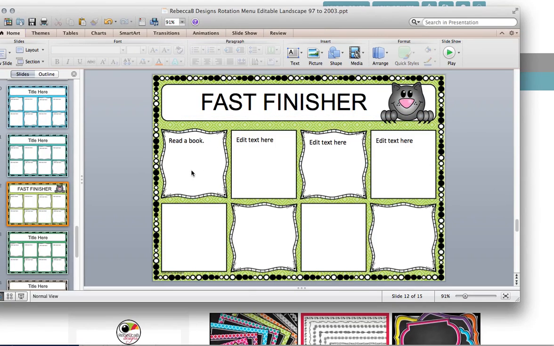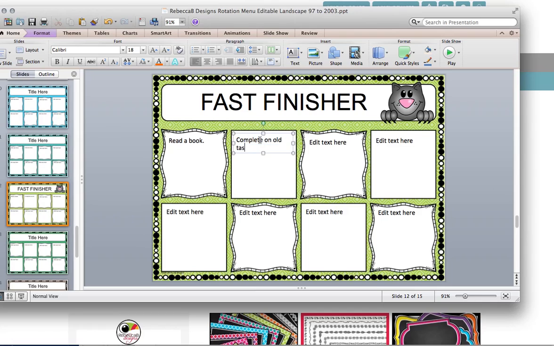So you can have read a book. So again, you can drag and drop some clip art in here. Okay, you can put here as another fast finisher activity, complete an old task. Okay, or complete previous work. So you can make sure that you use terminology that is appropriate for the age level that you're teaching. Previous work task. Okay, so if they've got any old work that they need to complete, or from the task before, maybe you have